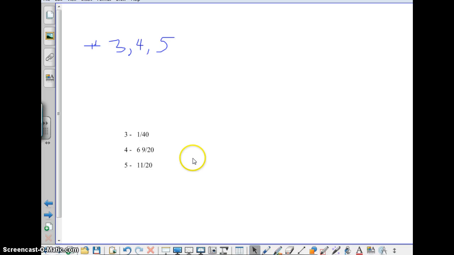Okay, so here you go. So you're going to do numbers 3, 4, and 5, and here are the answers to 3, 4, and 5. Okay? Good. All right, so it might take you a little while. Take your time. You need to do read, draw, write, so use a bar diagram. Look at the bar diagrams we've done recently,